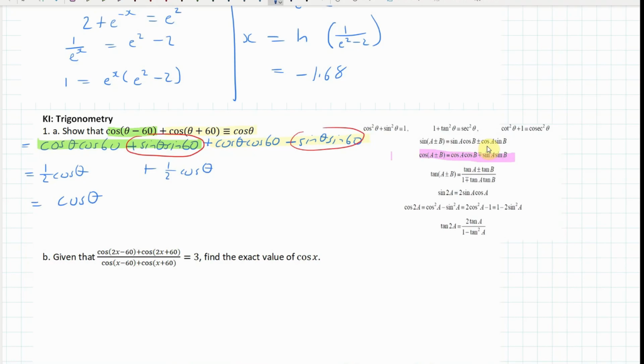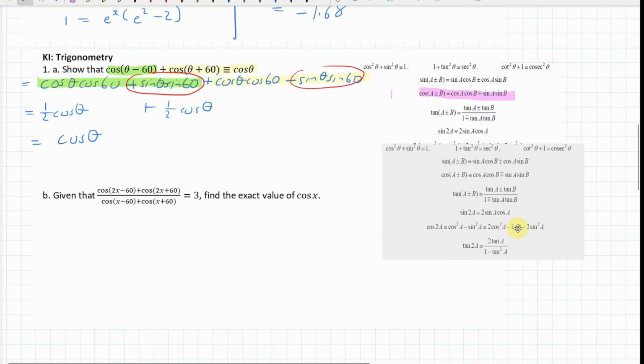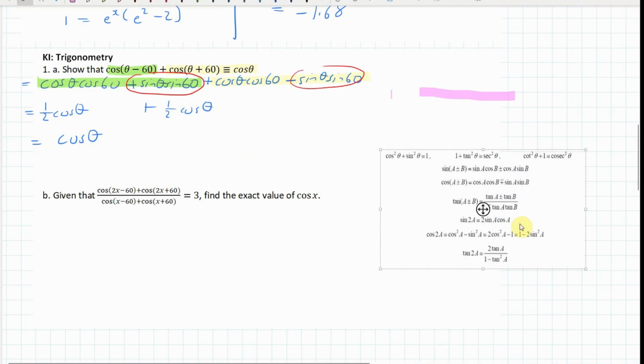So the next part here, given that... Okay. Now, we've got to find the exact value of cosine. We know what this bottom bit of the equation is, don't we? This here is what we've just found to be cosine theta. So my first step might be to say, all right,